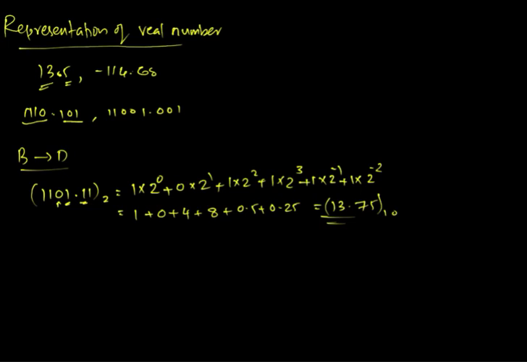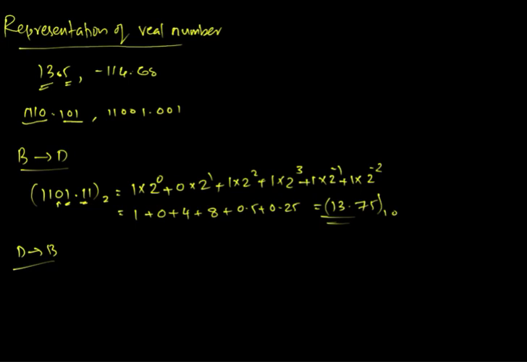Now we have to discuss decimal to binary conversion. So here the integer part of the decimal number is converted into binary in the same way as we discussed for integers, that is, repeatedly divide it by 2, note down the remainders in each division, and arrange the remainders in the reverse order.